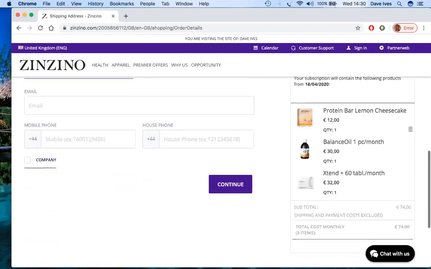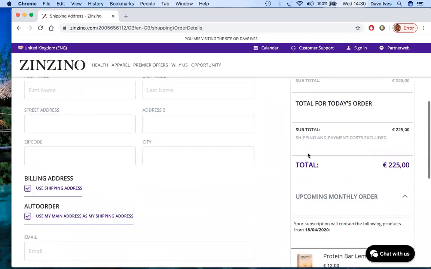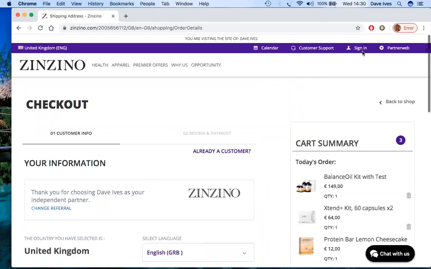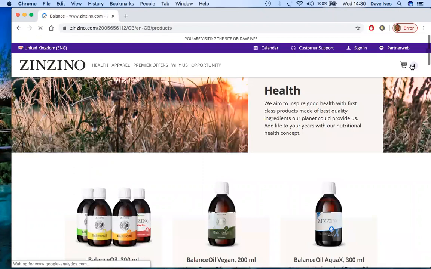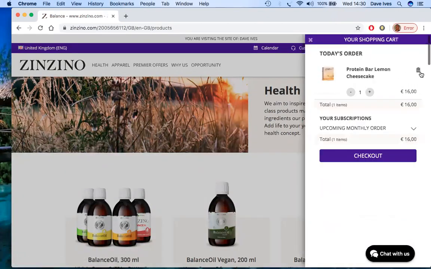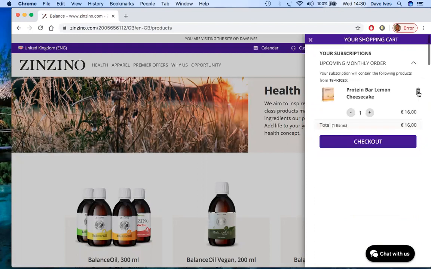Wonderful. You're happy to go ahead with your order? Yes, I am. Great. Then you obviously go ahead and start filling out their details. So I'm going to delete this cart. And what I want to do now is show you the same process, but going through the back